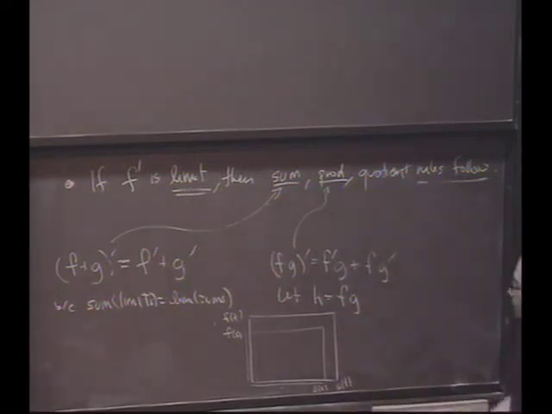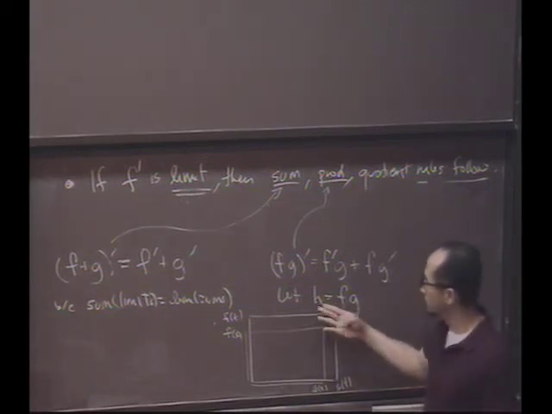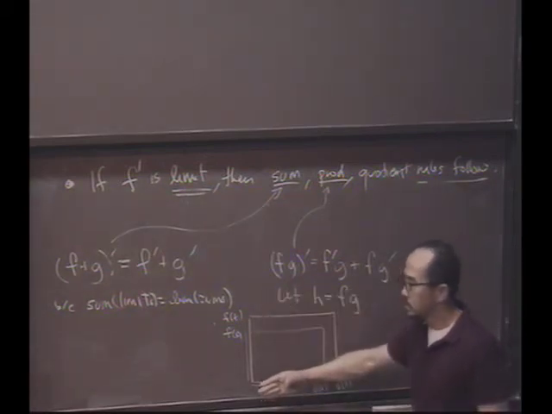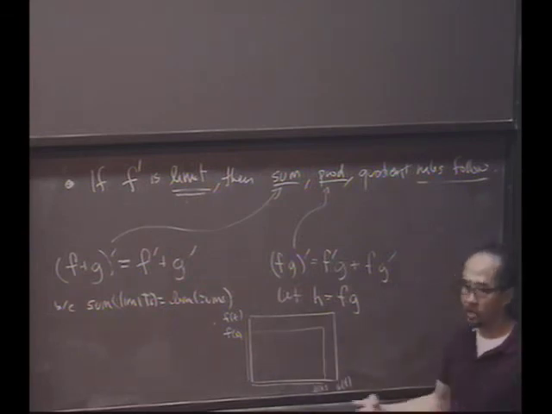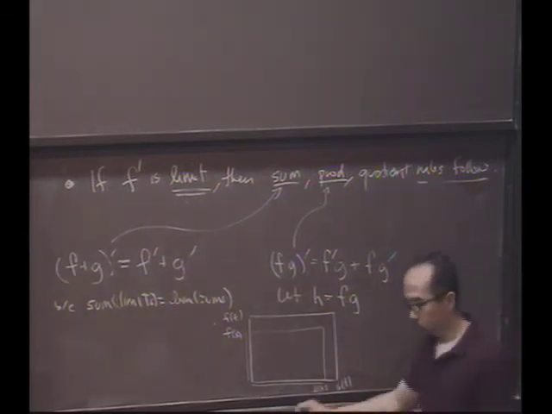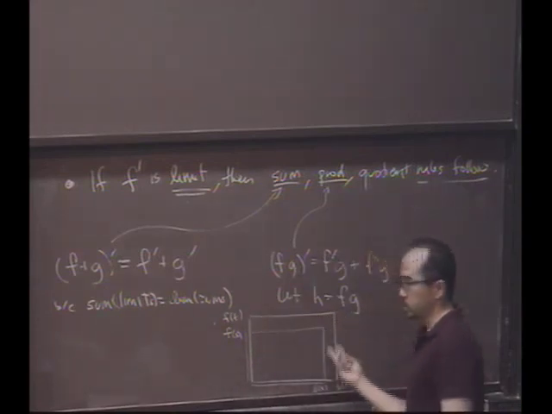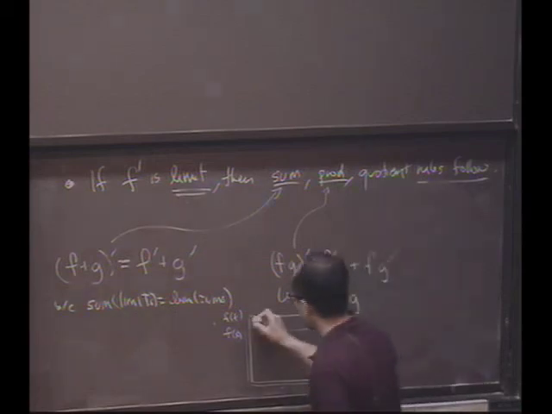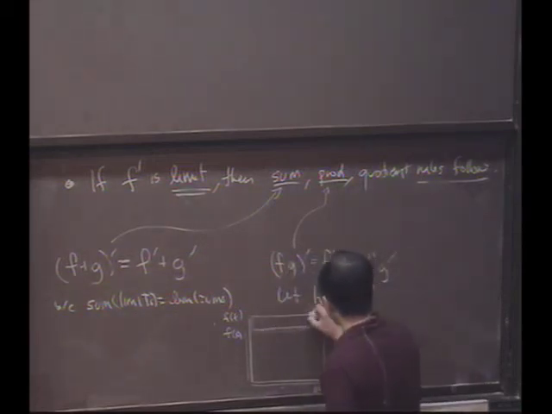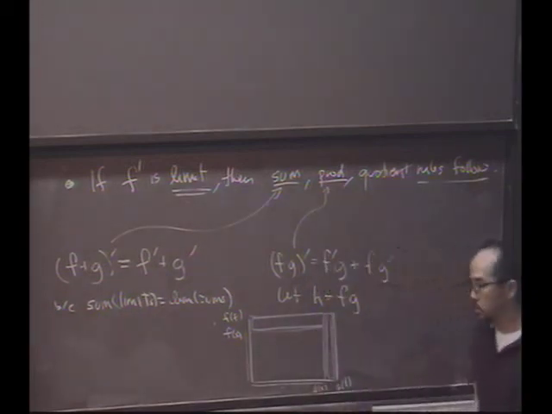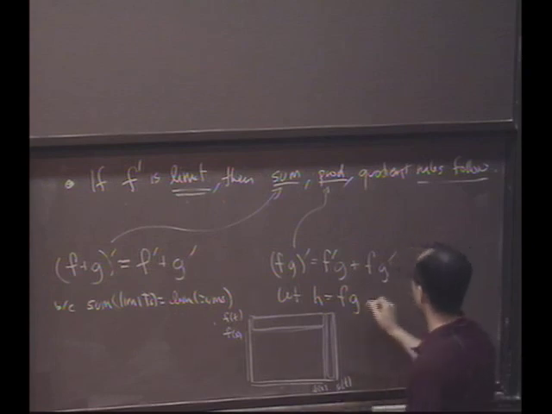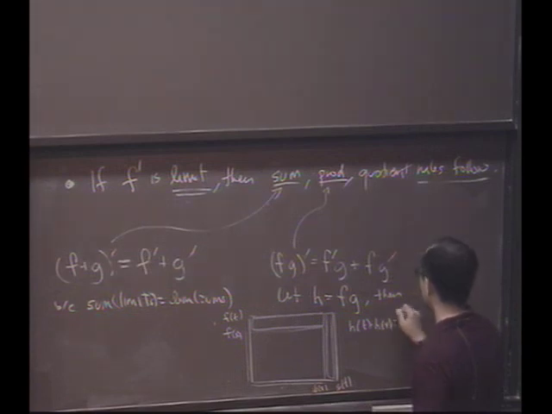So the rate of change of h would be looking at the change in the area of the box with respect to the change in time. But what is the change in the area of the box? Would you agree it's just this region here? The change in the area of the box can be written in terms of two rectangles. So notice, what do you notice? You notice that h of t minus h of x is in